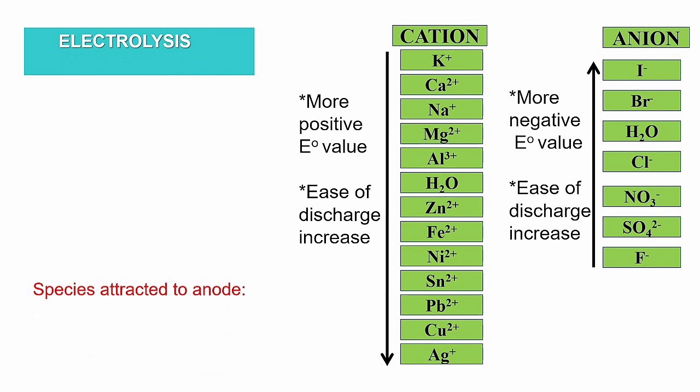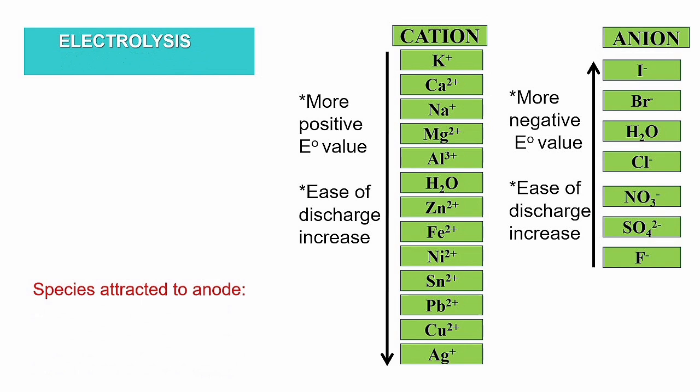But it's saying the cation, these ones I've read, with a lower position in the series will be preferentially discharged. So if in that solution there was potassium and there was aluminum going to the same electrode to be discharged, that electrode will discharge aluminum because aluminum is lower in the series. That's rule 1. But if it's the anions, the anion in a higher position in the series will be preferentially